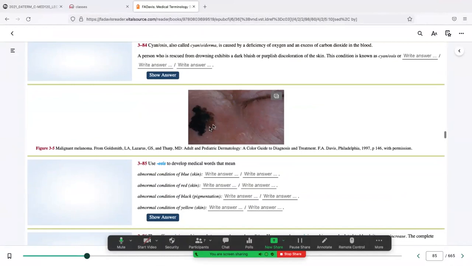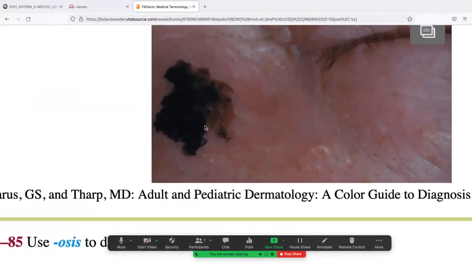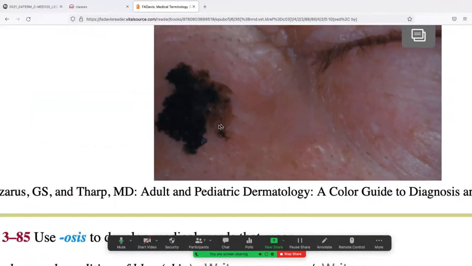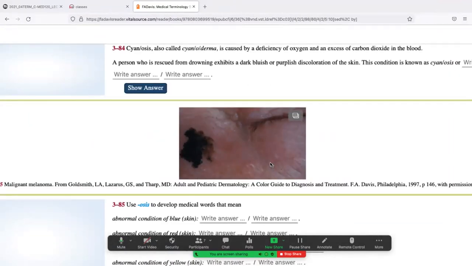And here's an example of malignant melanoma. You see this is like all black, but if you look here on the edges, let's see if I can get a little closer. It's like a dark, dark brown. And then you put it all together, and you can see it's on the bridge of this man's nose, which is a sun-exposed area. And you could see this patient of ours is Caucasian, which is a risk factor because